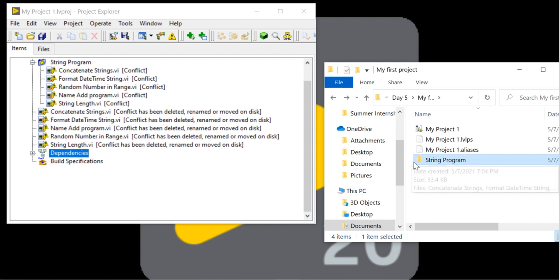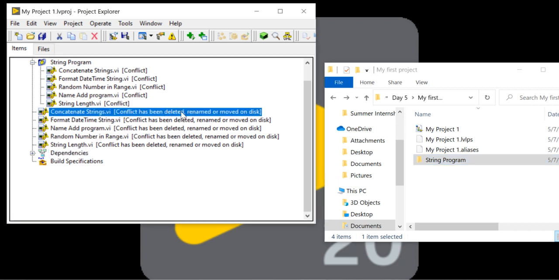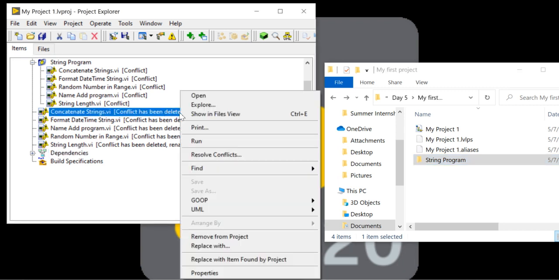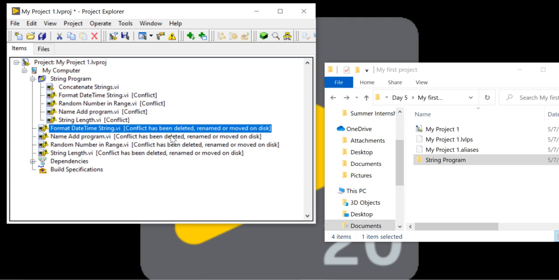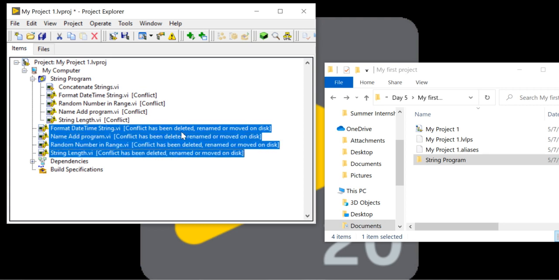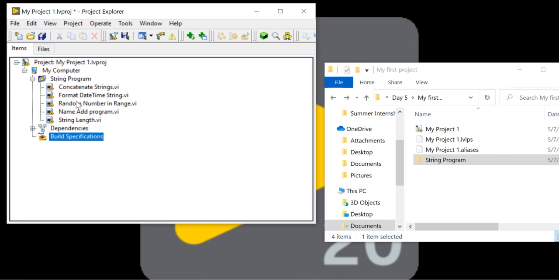Now when I move my files inside the folder, I am getting this. So can I remove it from the project? Yes. When I remove these from my folder, this conflict is automatically removed. Now I can save.